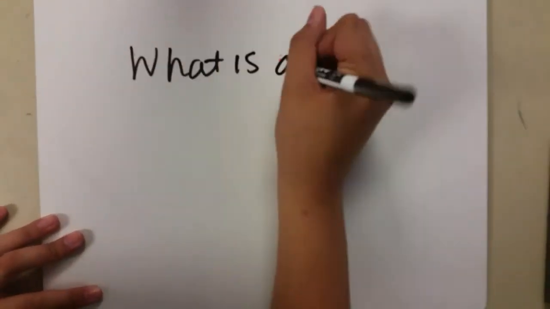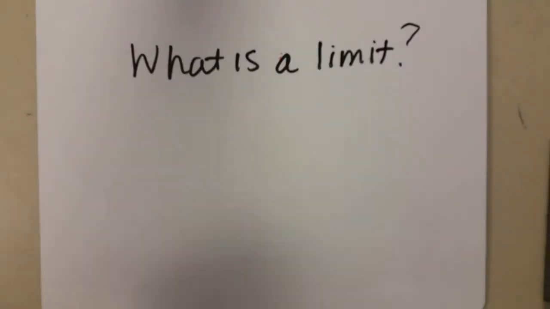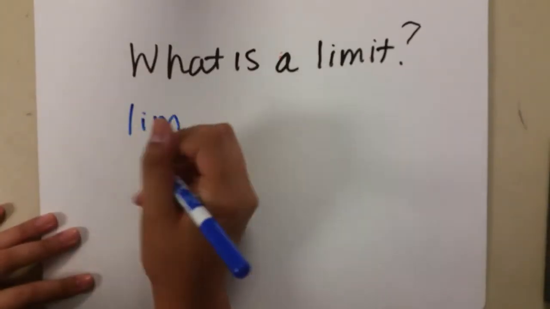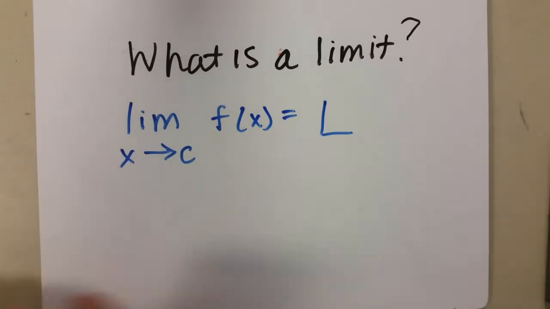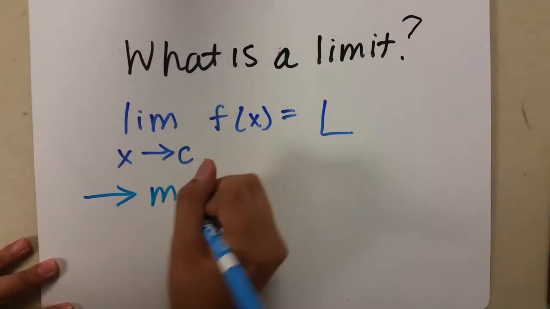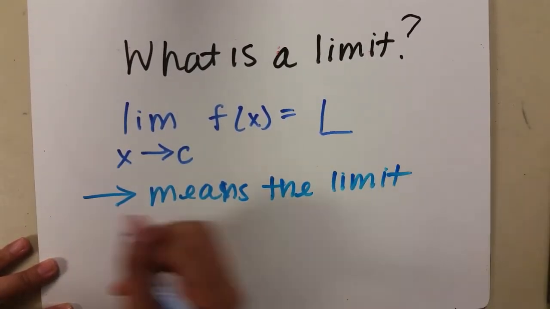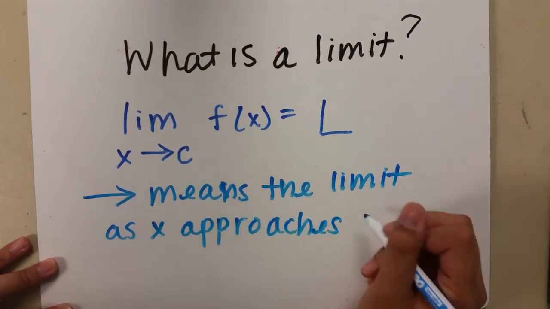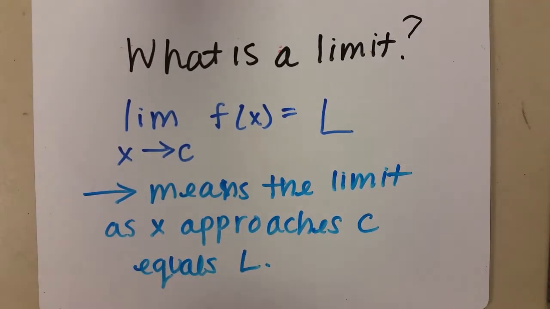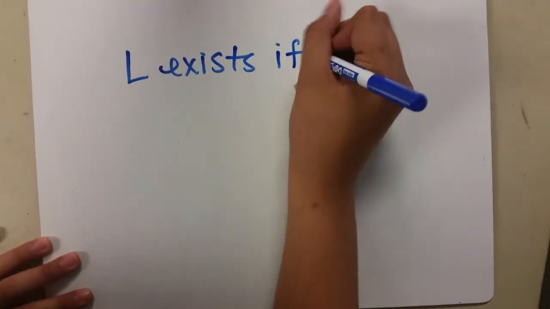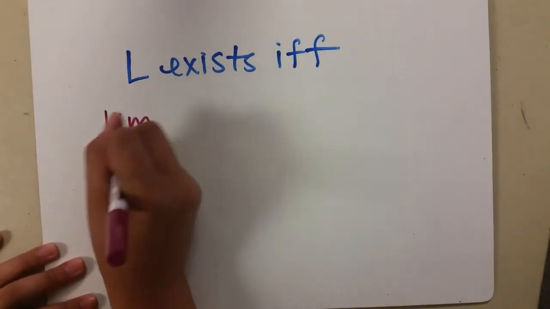What is a limit? The limit is what the function approaches on the y-axis as x approaches a certain number. This means the limit as x approaches c equals L. A limit exists if and only if both the left side and right side of f of x approach the